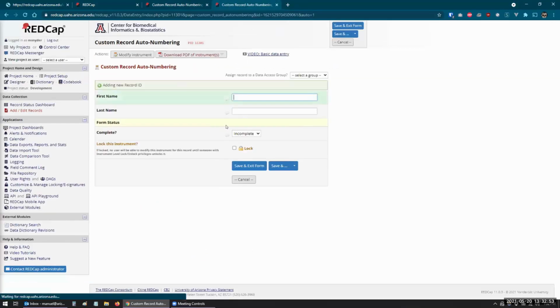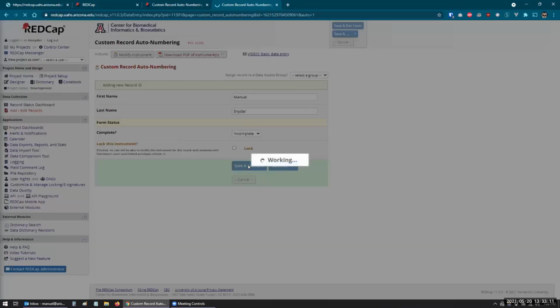And I just created an instrument with 2 fields, so we can quickly go through. You can see here, normally REDCap tells you which record ID is going to be assigned, but now it's not going to do that until after it's saved. So if we just save and exit the form,